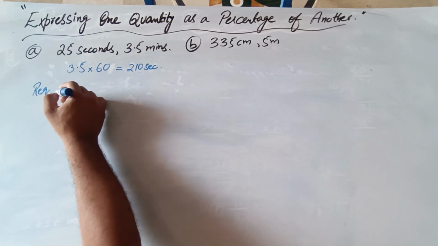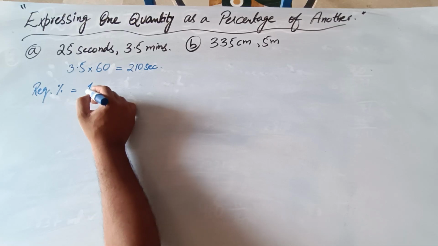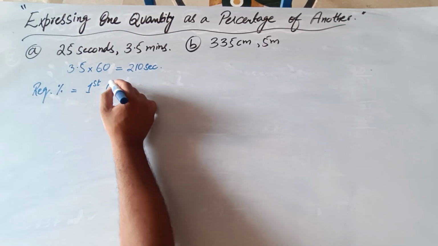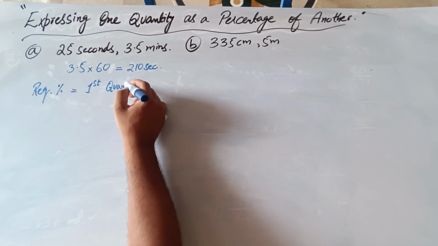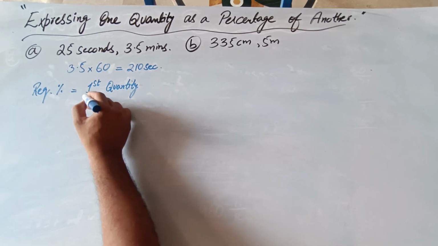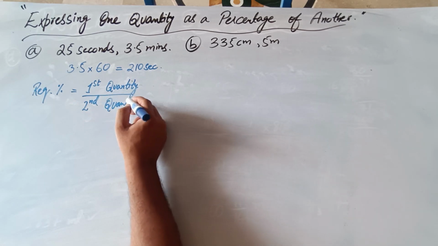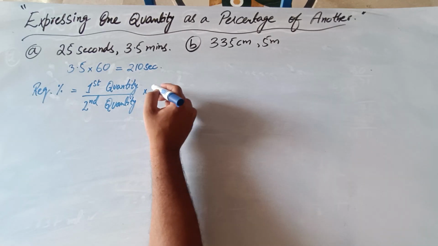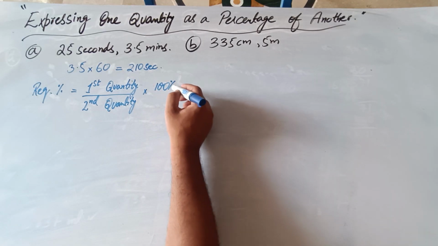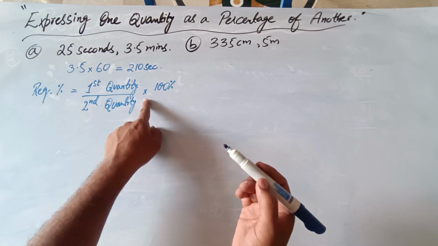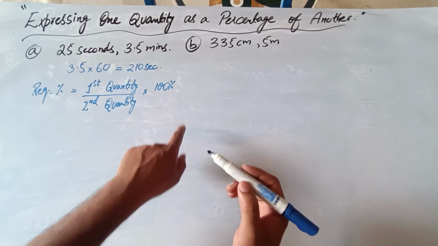We will write required percentage is equal to first quantity divided by second quantity multiplied by 100%. Because whatever answer we give, as we write multiply by 100%, it means that we are